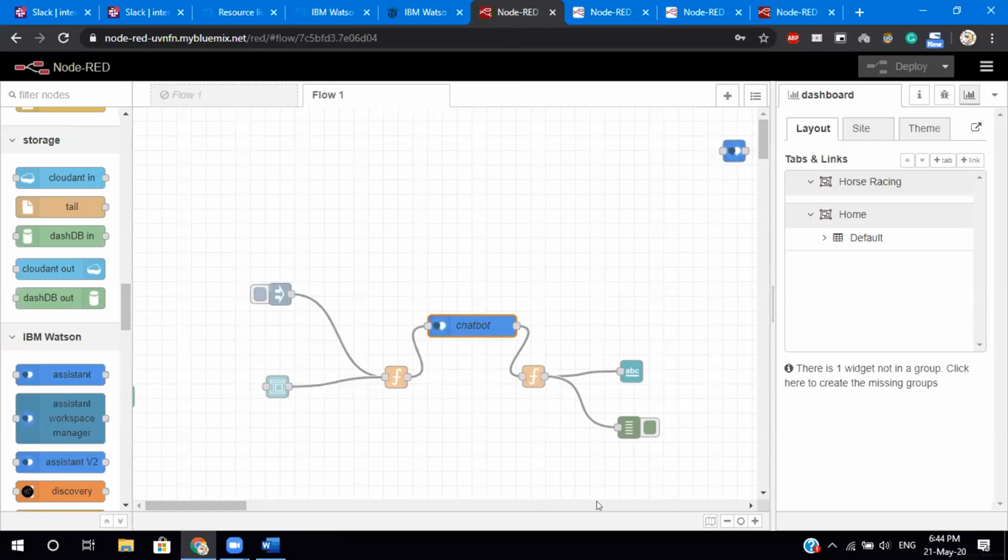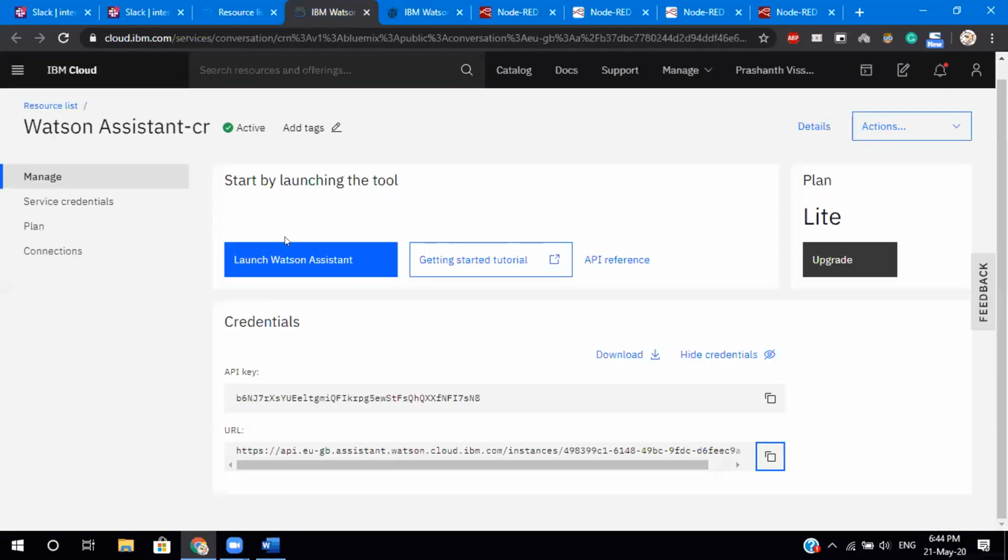Let me stop my screen share, and is it clear? You know where to get the skill ID. Let me show that again. This is your Watson Assistant homepage, right? This is your dashboard. Keep this dashboard because we will be needing the API key and URL.